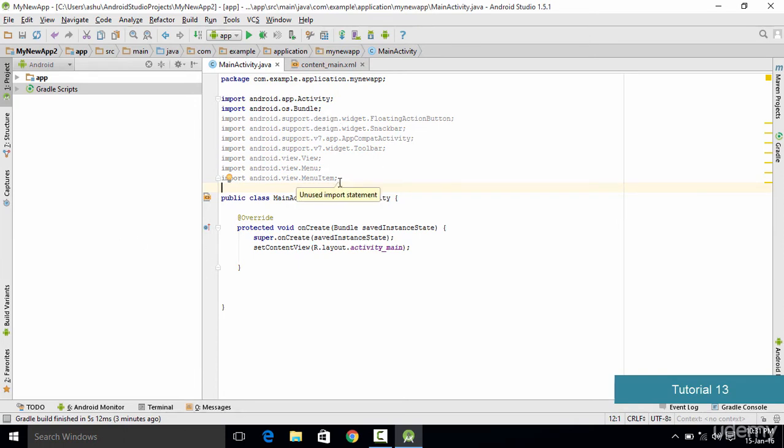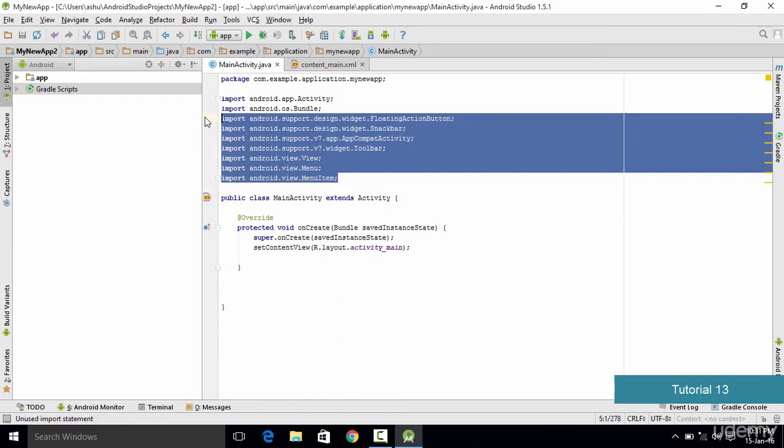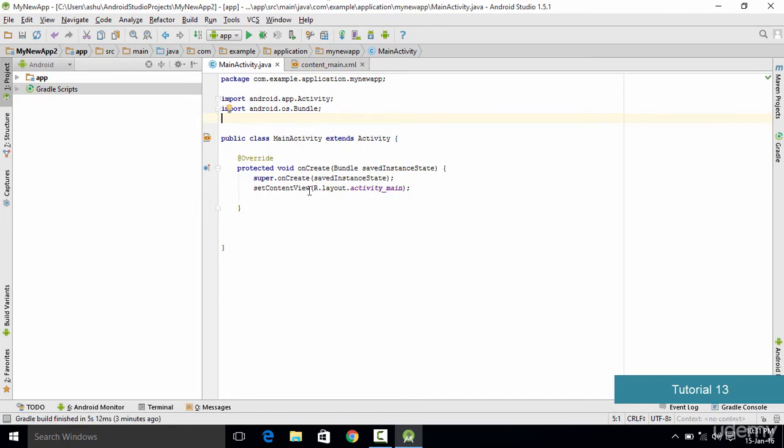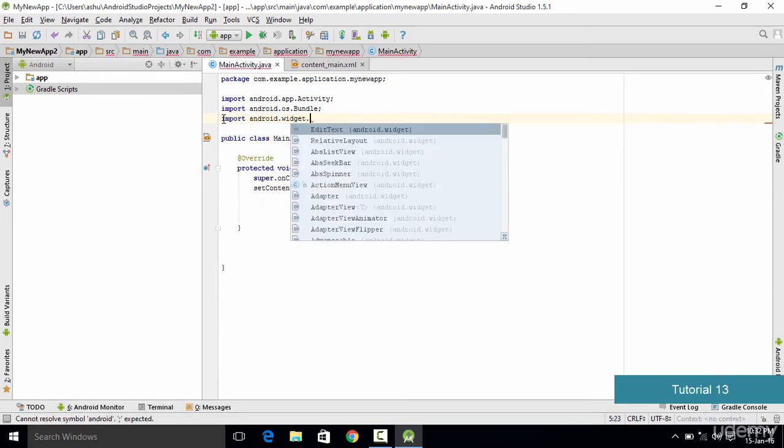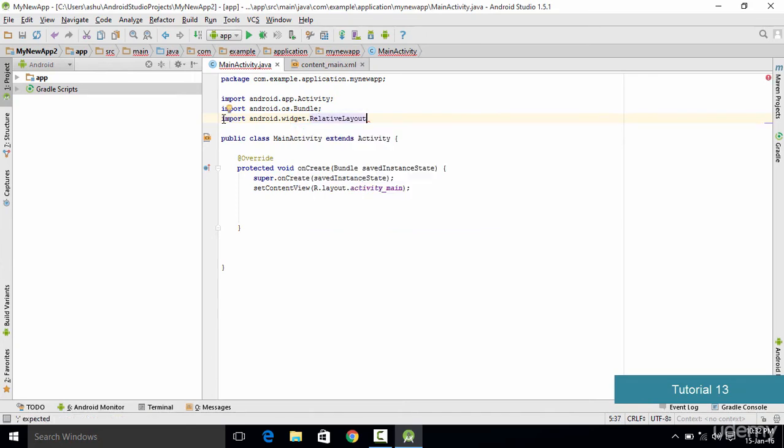So now one more thing which we want to do is remove these imports as well, because they don't make any sense as we'll not be using them right now. So make sure you delete that, and it is just going to clean up your code. So we'll be only dealing with those methods or those codes which we are going to use. Now the next thing which we want to do is import the layout. So in order to import the layout, we go here and type import android.widget, as the layout is present in the widget package. So we type android.widget, and then dot relative layout, as we'll be using the relative layout.